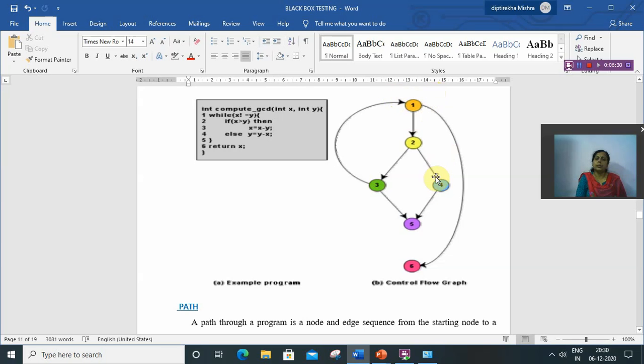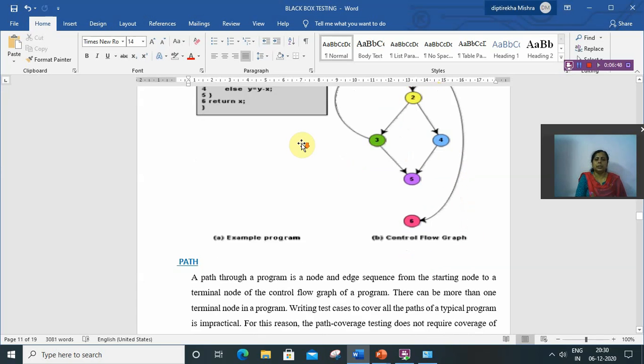The process continues until x is equal to y, then it goes to the terminal node, which is return x. So this is the control flow diagram of GCD of two numbers.